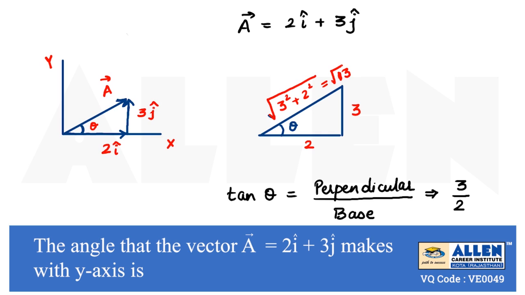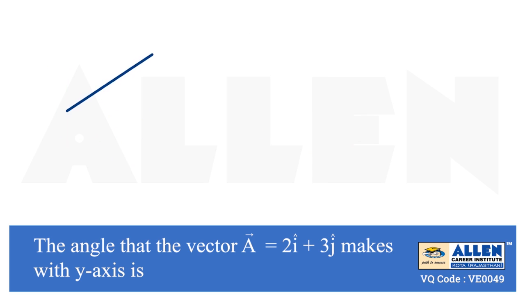Suppose we have considered a triangle with the x-axis. Now we are considering a triangle with the y-axis. So here this one was the vector which is represented by A. Now this component is 3 and this component was 2. So I have written this component as 3 and this component as 2.